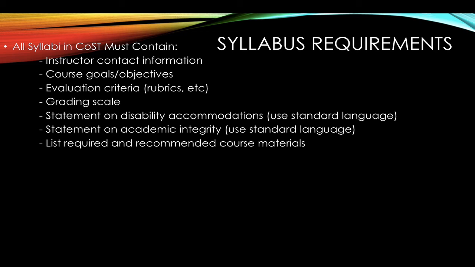If you're an adjunct instructor coming in kind of at the last minute, your chair has put that information in there, and those are the course materials that you need to use. You can also list recommended course materials that aren't required. So for example, maybe there's a book on reserve in the library that you would like the students to go and read a little bit out of to supplement the required materials, that's perfectly fine. You can do those types of things, but list it in your syllabus.